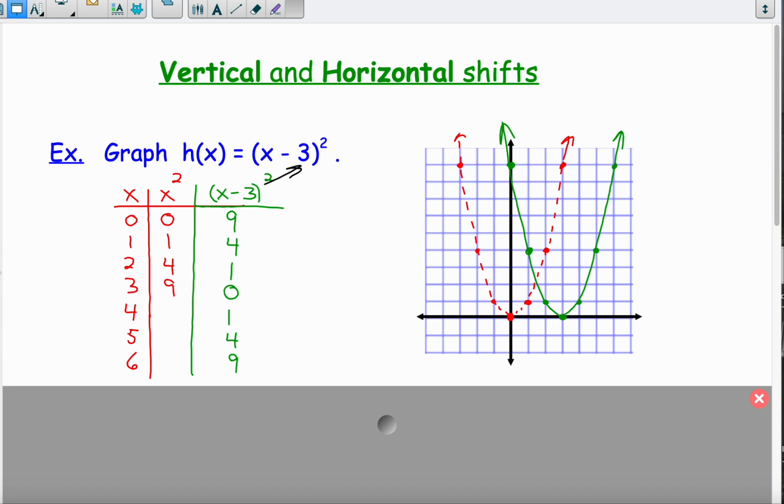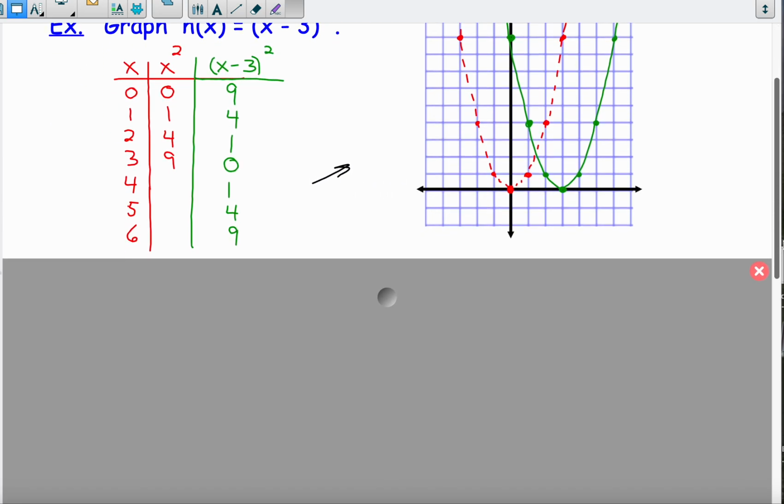So a lot of times students think, oh, because it's a minus 3, it's going to shift it 3 this way to the left. But it actually is moving it 3 to the right. Because I need to increase my x values by 3 to get the same output as I did before. So instead of a 1 to get a 1, I need to plug in a 4 to get a 1. All right, let's look at